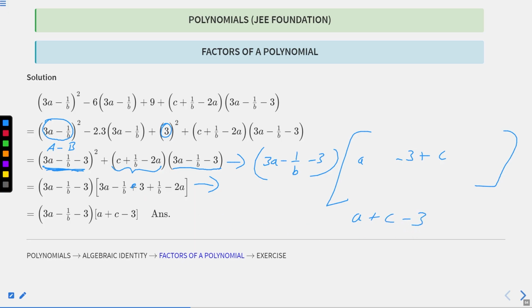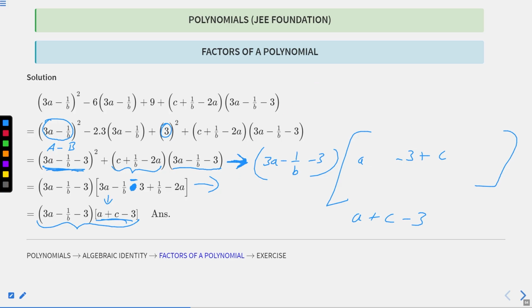So yes, indeed there must be a minus sign over here. So we are only left with this term a plus c minus 3. Okay, I hope now this is clear to you. So sorry for this little error that I made here. I hope now there's no issue to understand the